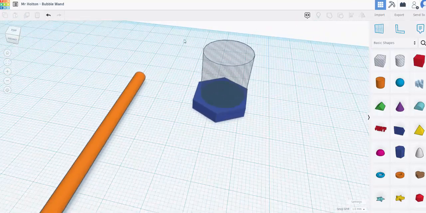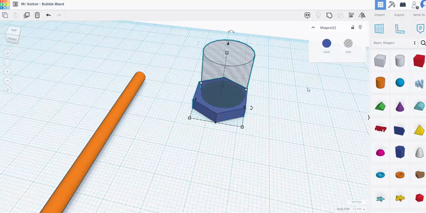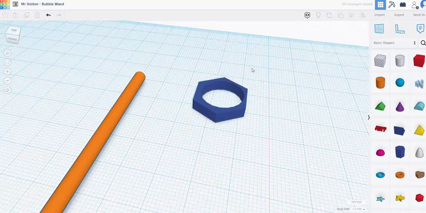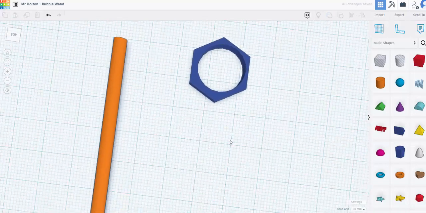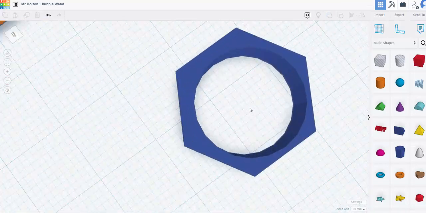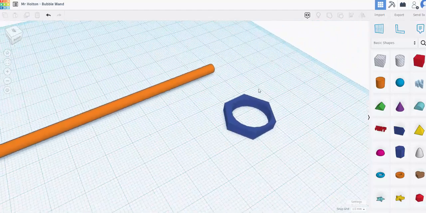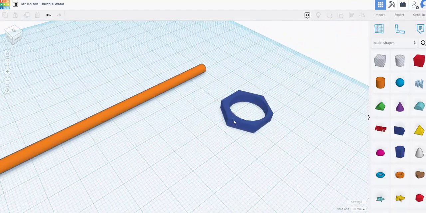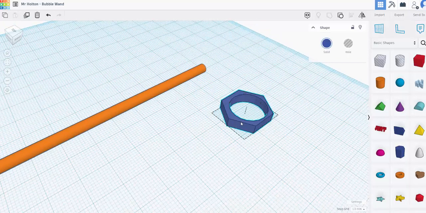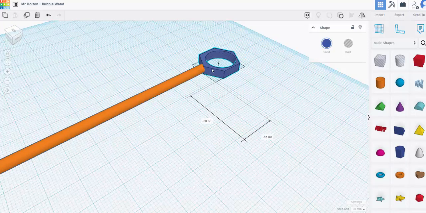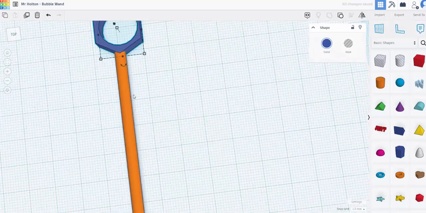When I'm happy with my position, I draw over both and I group the parts together. And you'll see I've now created a hole into a shape. It's not in the perfect center, but I've definitely combined those two shapes together to create a hole from one into the other. I can now move the position of this shape over to the wand